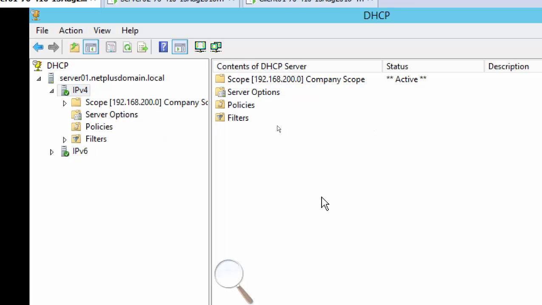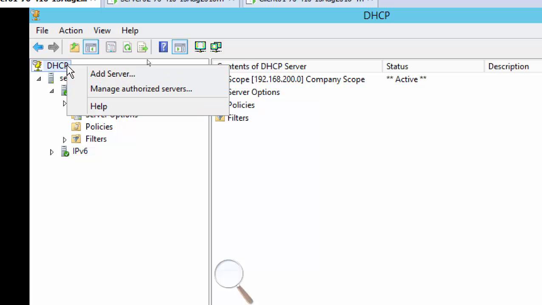Now we can actually add the second server in the console of the first server, and then we go for split scope configuration, right? So how do we add the second server? We can just go to the top DHCP option like this and add server. What are we doing? If the DHCP is already installed as a role, it will get added there, right? So right click DHCP,